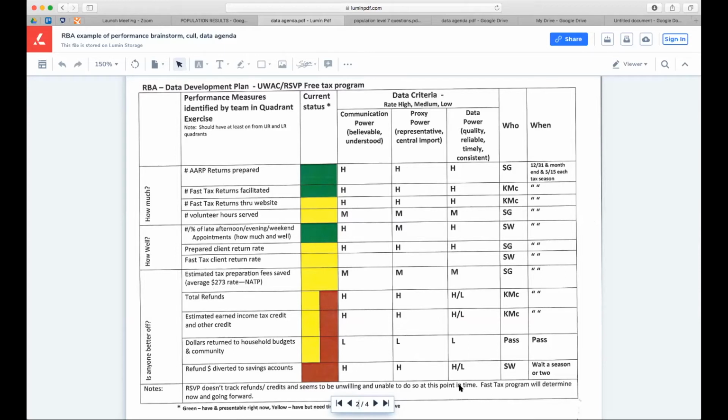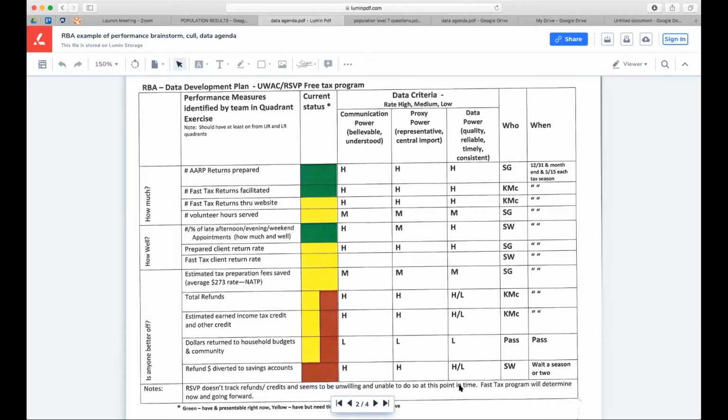We did take a crack at what's the current status. Green meaning it's available. We can pull this up right now. Yellow, it's in a bunch of different places. We could probably come up with it if we had to. Might give us a couple days to come up with it. Red is it's not on our radar at all, and we're going to have to figure out how to collect that data. And then we had a conversation against data criteria, and